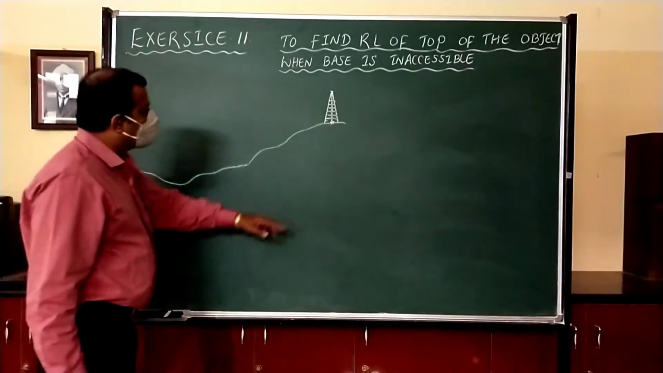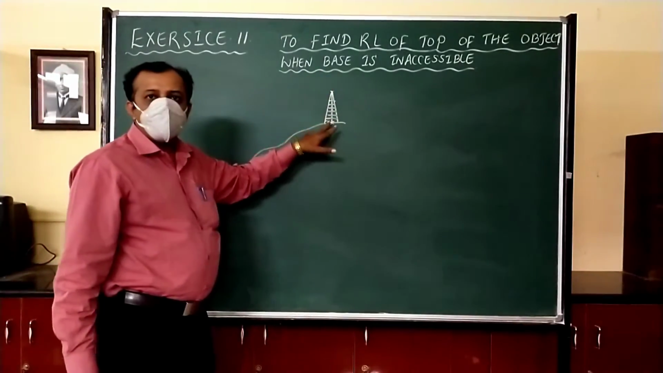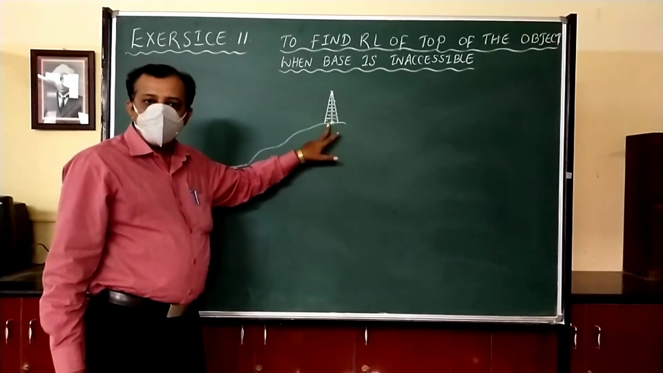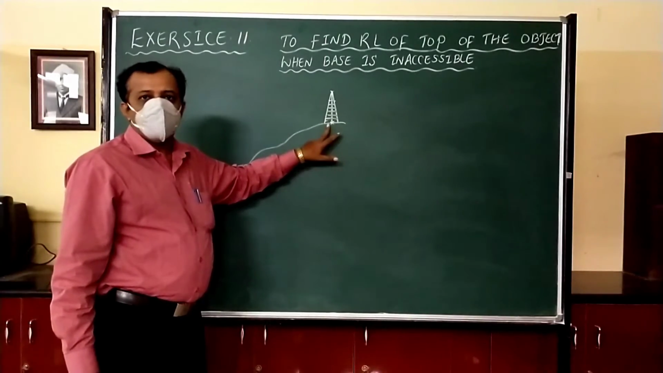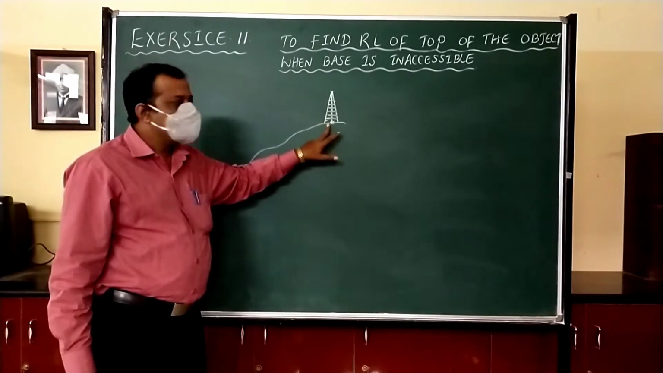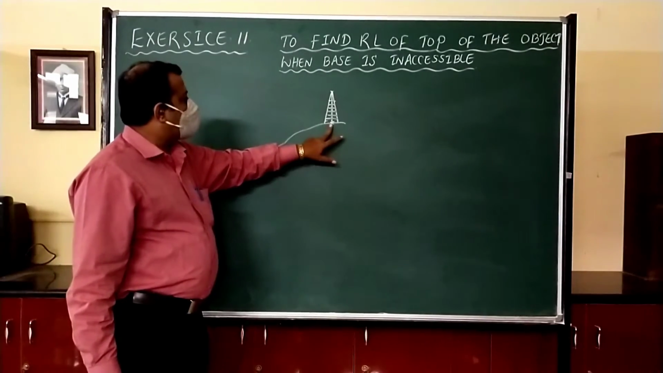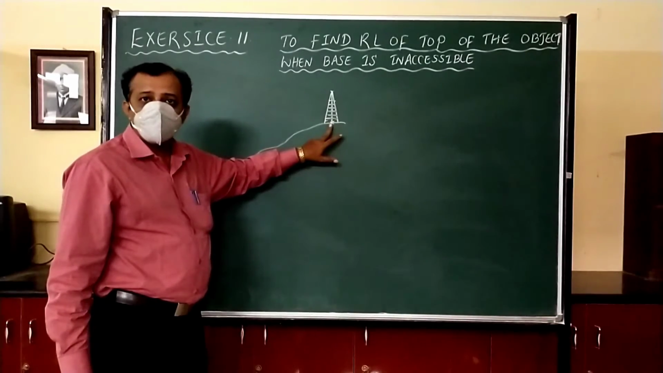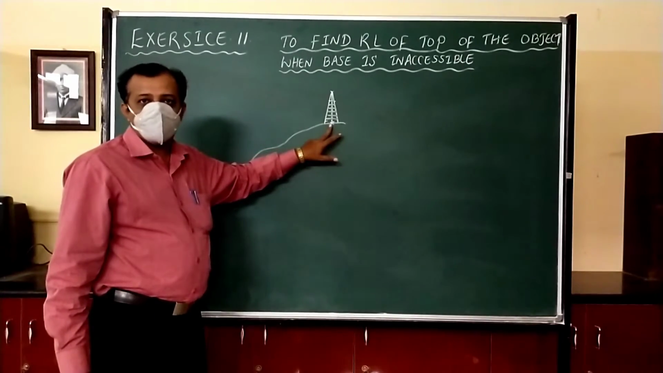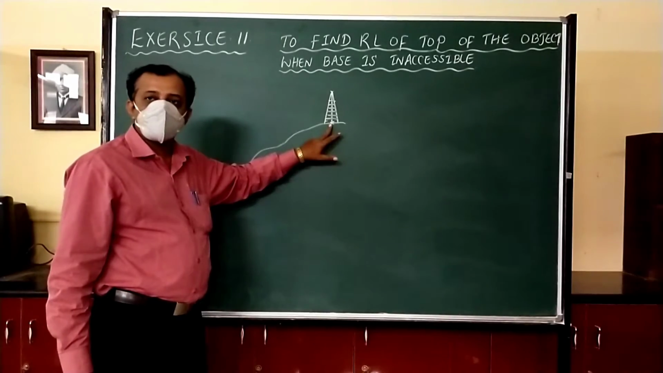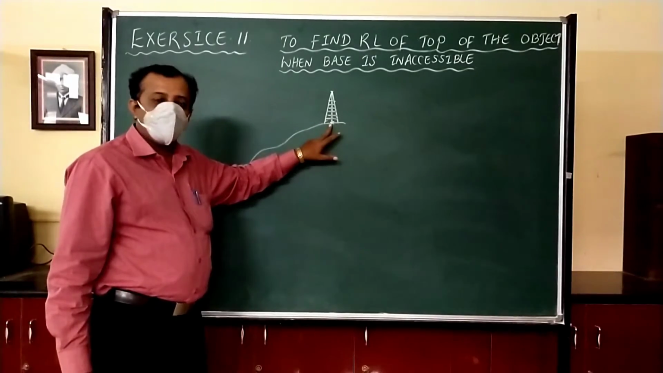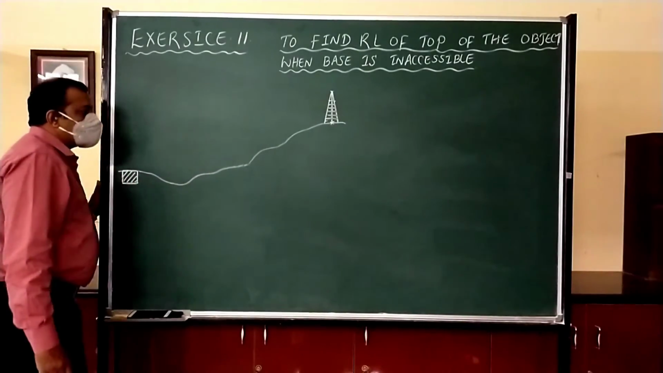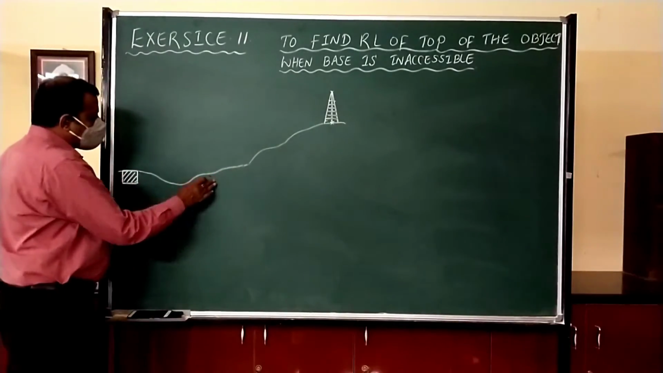This is the given object. The object may be an electric tower, or a chimney, or a building, top of the building, any type. It's generalized. Here I have taken the object as an electric tower. It need not always be an electric tower; it may be a flag post, or the top of a building, anything. Now first, you are supposed to select a convenient ground,